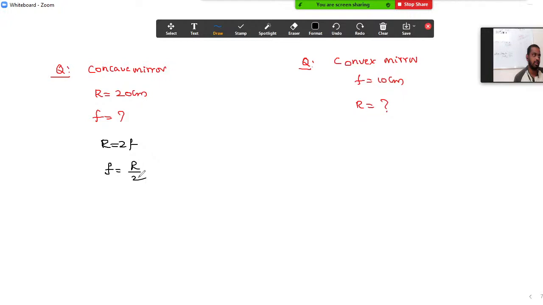Next definition is object distance. Object distance is denoted by the letter small u. The definition is the distance from, we should start the measuring of distance from pole. The distance from